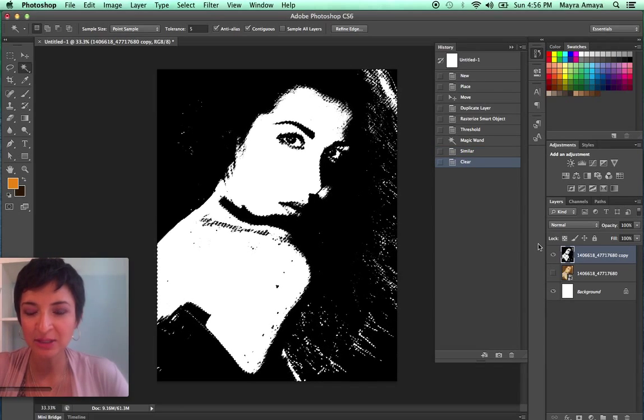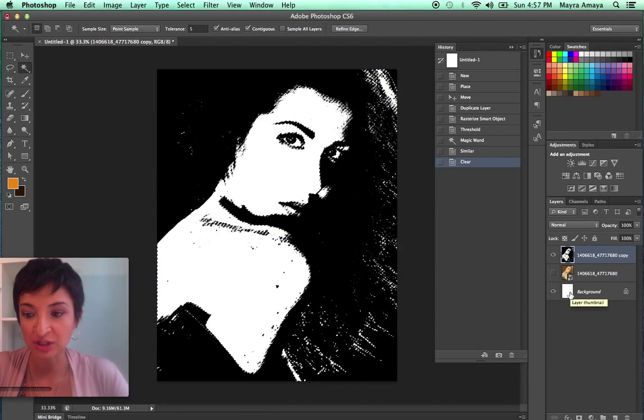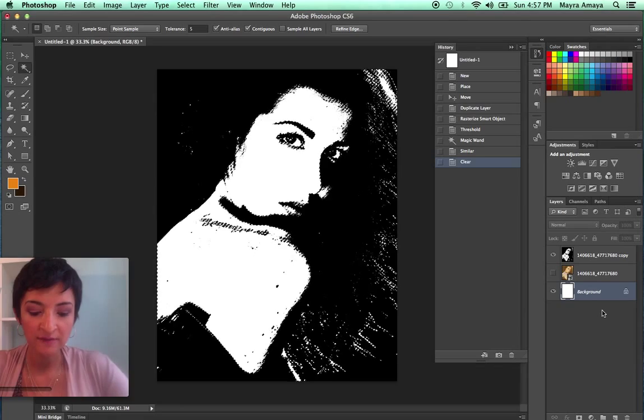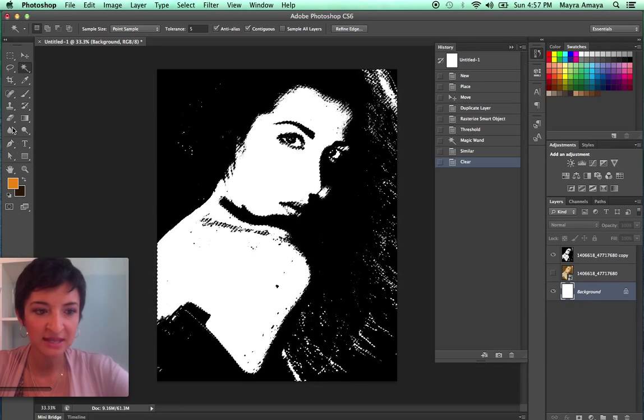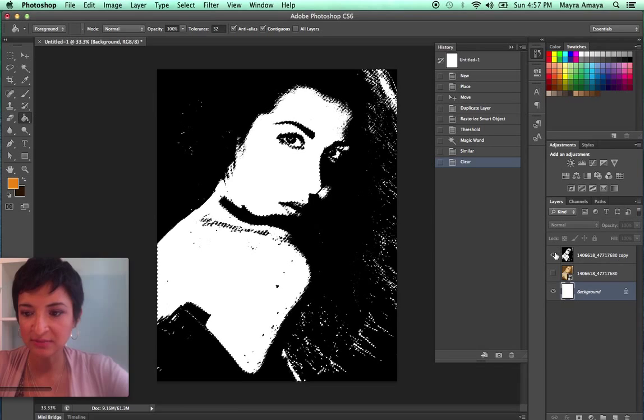Okay, it didn't do much, right? Because this is white right here. My background is white, and if I click on the image, you'll see that the image will show up. But I'm going to hide that because actually I want my background. If you do, let's say a paint bucket. Where is my paint bucket? Here. I want just, if I hide everything,